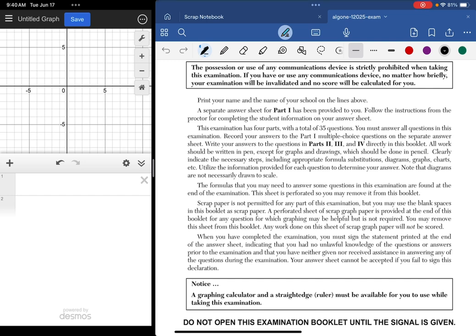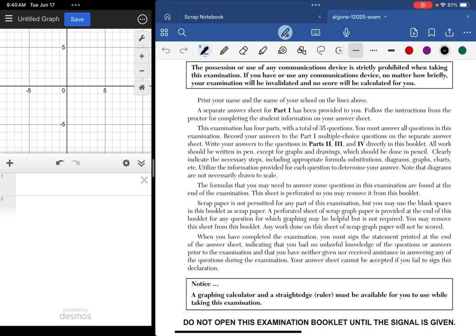The graphs can be drawn in pencil, but everything else has to be done in pen. Right. So what a lot of people will do, and I'm not saying that this is the best way to go, is write their work in pencil, and then when they're confident that they have on paper what they want to have on paper, they'll trace over it in pen. The problem with that is if you miss something, then we run into a little bit of an issue. All right, so yeah, that's something you'll be reminded of, but I figured I'd mention it here.